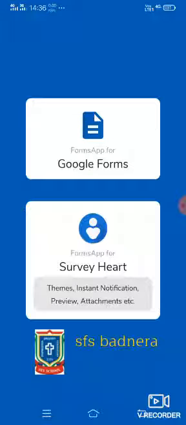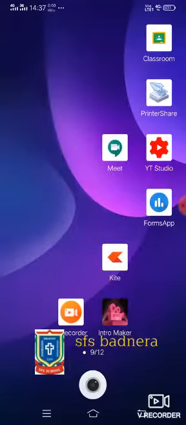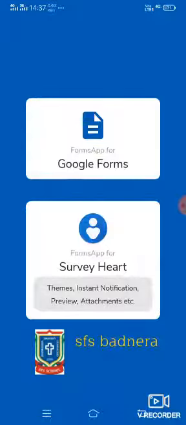In this session, we learn about how to use Google Forms for taking quiz or short exams. So first, you have to download Google Forms from the Play Store, and then once you click on the icon, you will get this interface. I'll show you the icon. This is the form app. Click on that, you will get this interface, and then you need to click on this Google Forms.